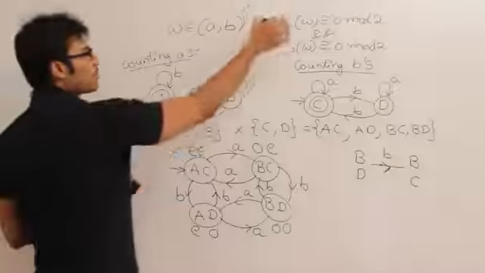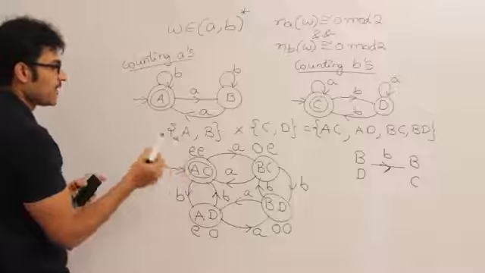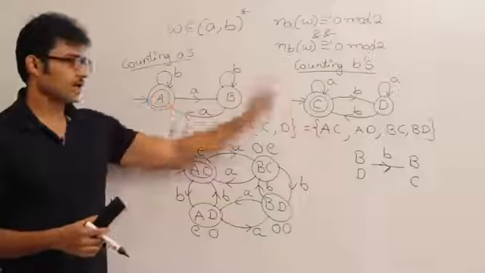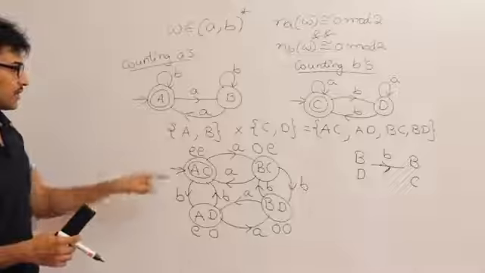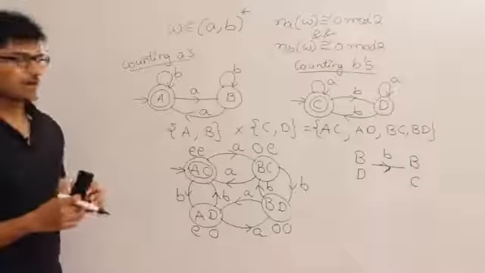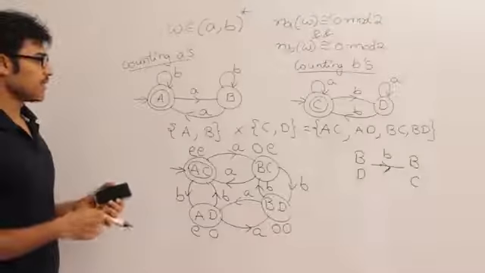So according to the problem, both the A's and B's have to be even, therefore AC has to be the final state. Or even if A and C, in the original diagram A and C are the final states, so whatever is the combination, I am going to take it as the final state. And now this model can be extended to any number of questions. What are the other possible questions they can ask us is,